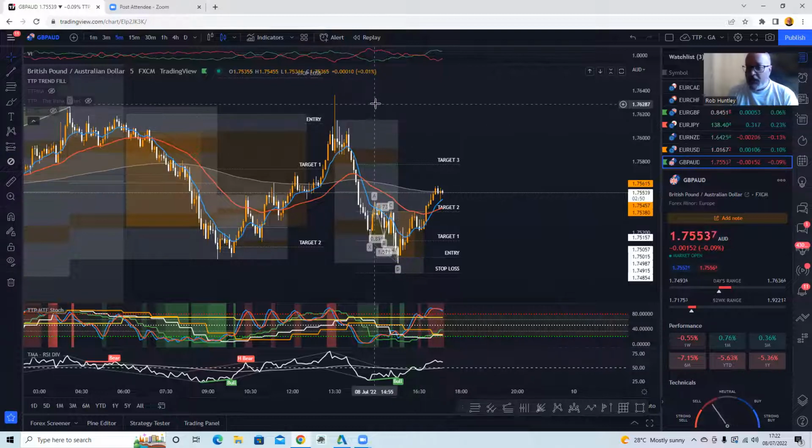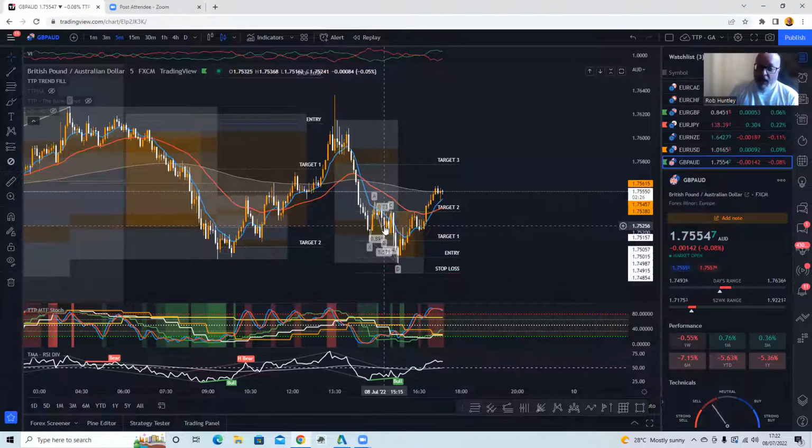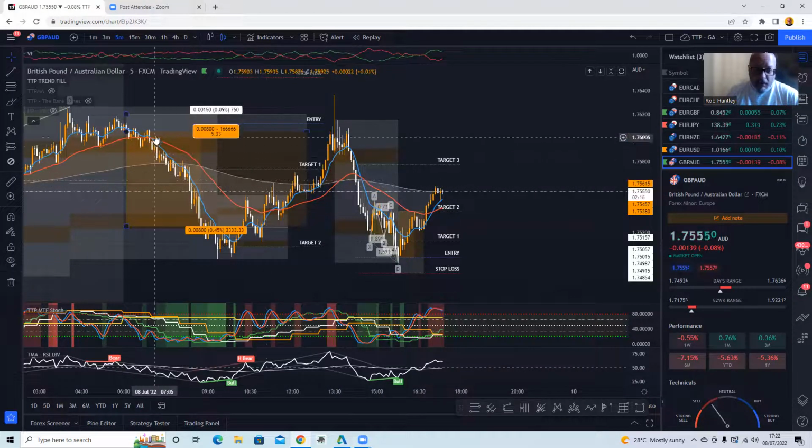So yes, I went to draw down, but was happy to let it run and picked up another position at the top there. And then, I think I closed out around 180, 190 pips, something like that, just from those stacked positions down there. And I didn't let it run all the way down, even though I probably should have done, but I was quite happy with what I took there. So a decent run this morning,